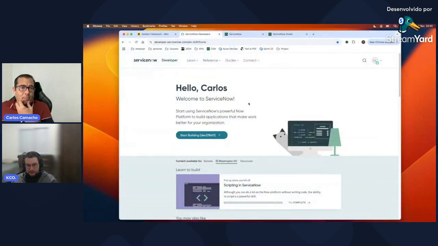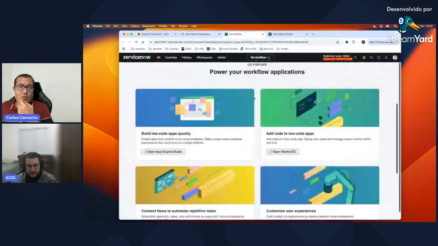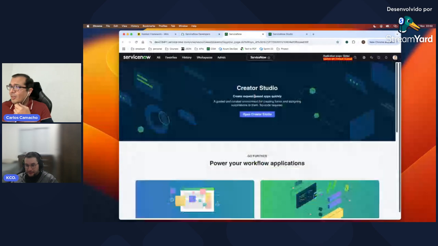I already have my PDI here. PDI stands for Personal Developer Instance. If you don't have one, you can grab one at developer.servicenow.com. After signing in, you will see this button here, Start Building. Clicking on the button, it will open your PDI, which is a free instance. So this is the first